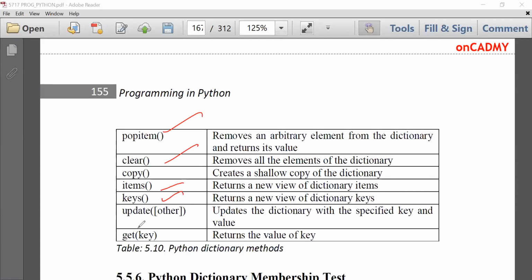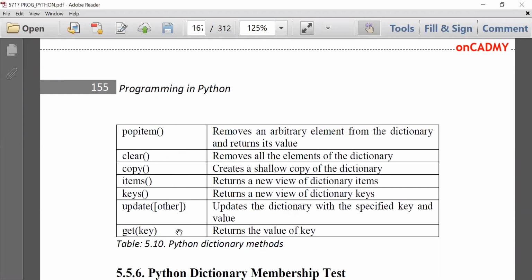Only keys. Update other updates the dictionary with the specified key and value. So if I want to update the value, I can use this function. And get returns the value of a key. We have already used it, datadict.get, then roll number. So it gives the value of roll number. So these are various methods that can be used with dictionaries.